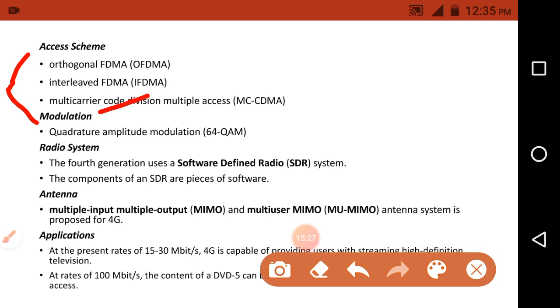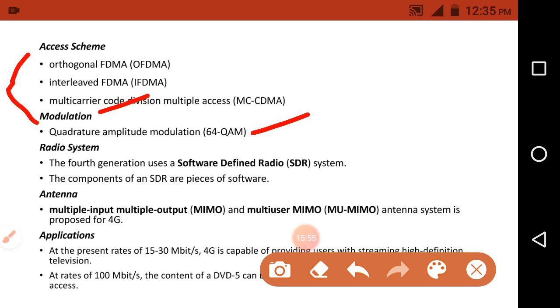Okay, and the next one is modulation. Here we use the 64 quadrature amplitude modulation technique in 4G technology. We already discussed quadrature amplitude modulation in the previous modules. Quadrature amplitude modulation is a combination of phase shift keying and amplitude shift keying.